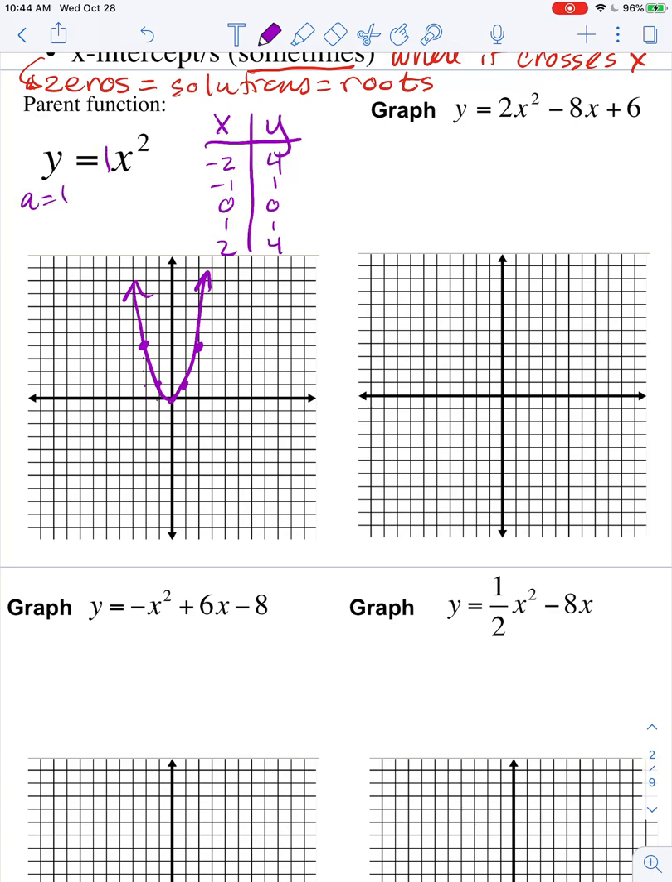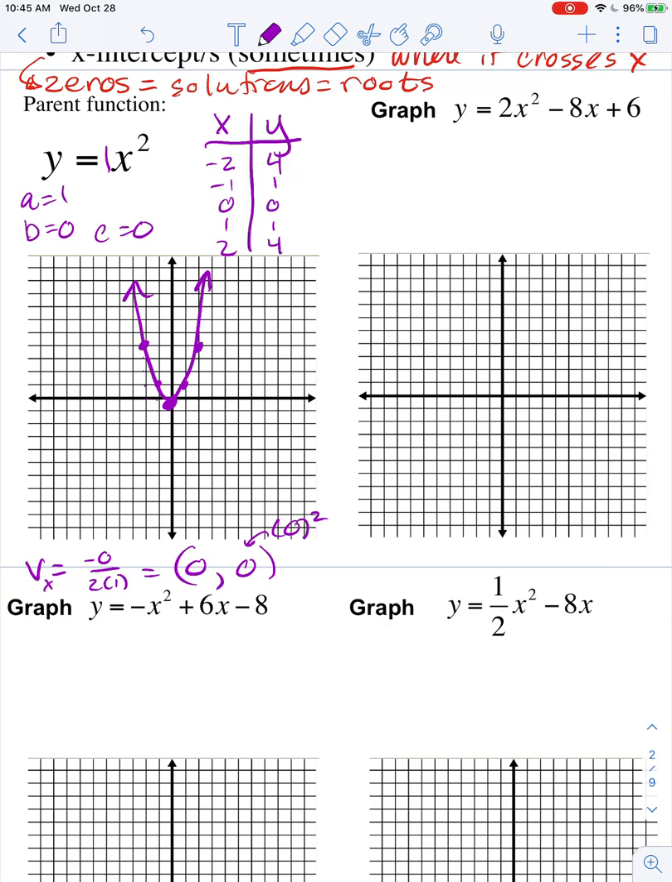So A is 1, but B is 0, and C is 0. So if you went down our list to find the vertex mathematically, you would have had to take the opposite of B over 2 times A. So you would have gotten a 0 for the x coordinate. Then you'd have to plug it into the function, which is x squared, to get your y. So that would be another way to determine that